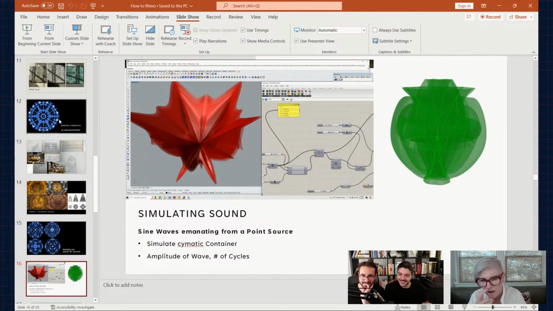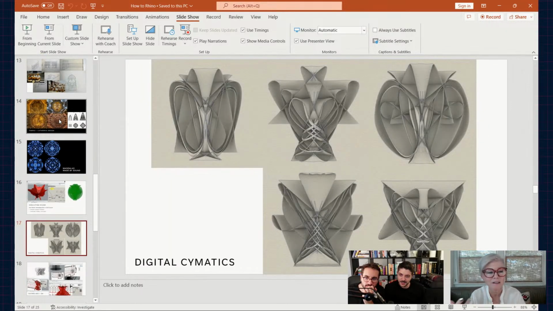So I wanted to take a sine wave emanating from a point source and then create a kind of sacred geometric container for it, but also, through a series of attractors, cause it to replicate the cymatic, basically. And I had a lot of fun. You were testing the sine function in different ways. Yes. All of these forms were made with a single sine wave. The only thing that I'm changing is the amplitude and the angle of incidence of that sine wave, and the strength of the attractors and stuff like that.